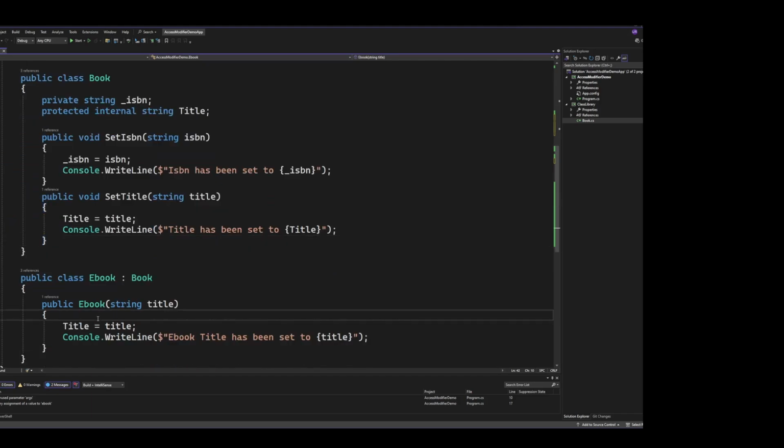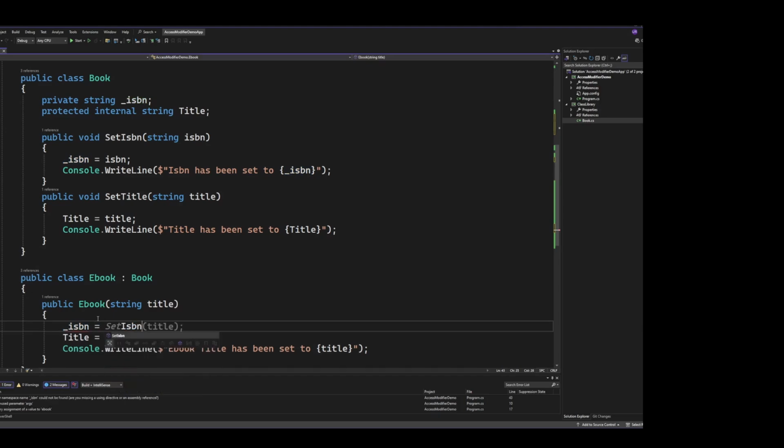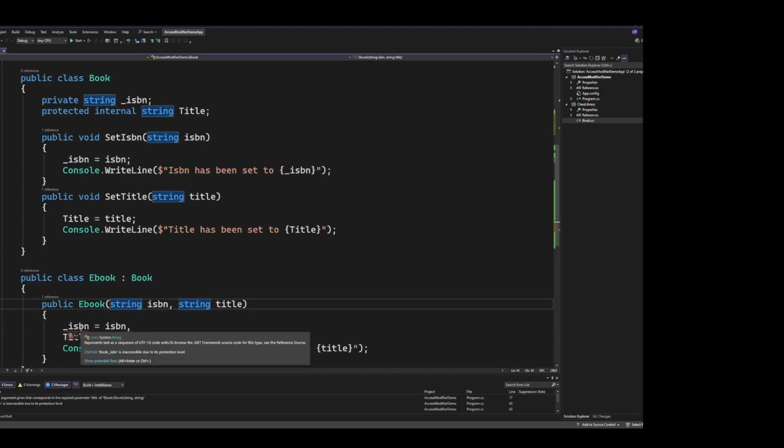So if I do underscore ISBN and equal to ISBN and pass in parameter string ISBN, then we cannot access this property. It is saying book dot underscore ISBN is inaccessible due to its protection level,